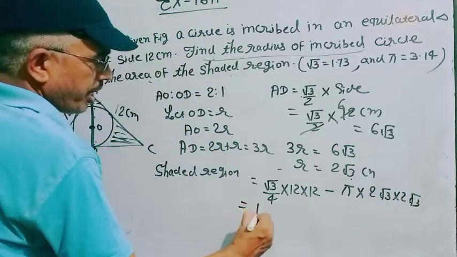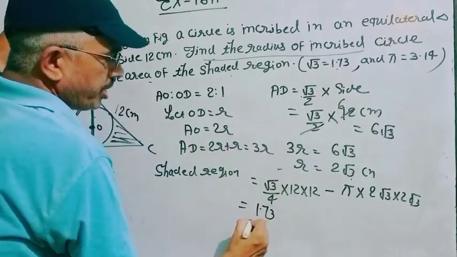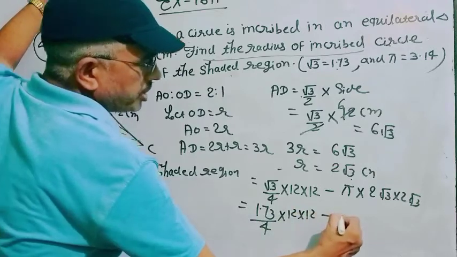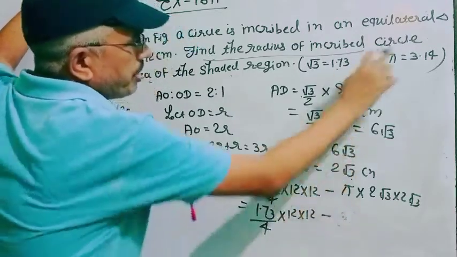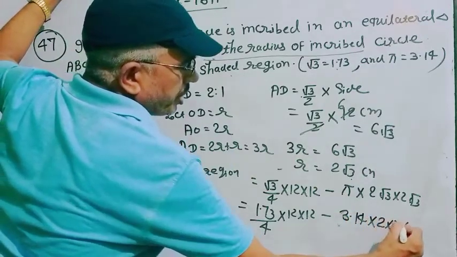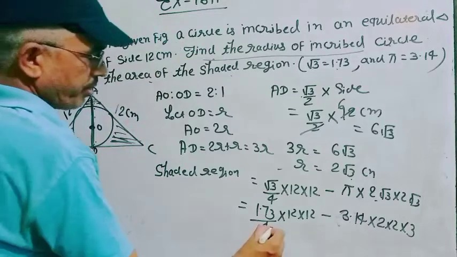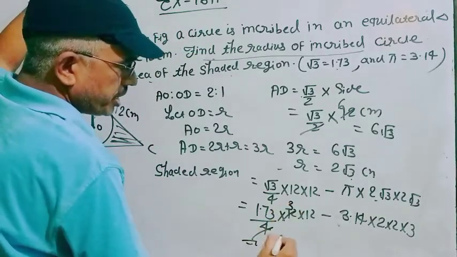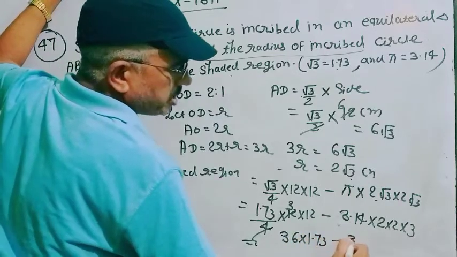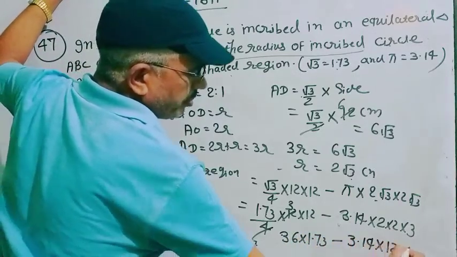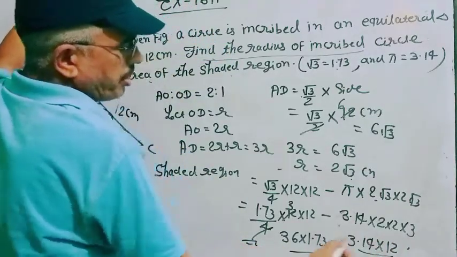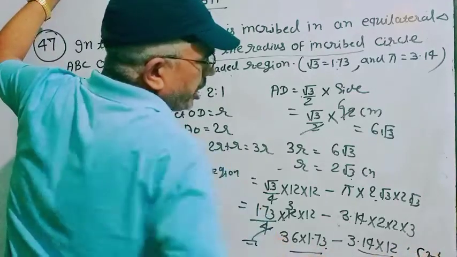Here the value of root 3 is given as 1.73 and pi as 3.14. So it is 36 into 1.73 minus 3.14 into 12. So dear student, you multiply this and this and subtract it, and that is the area of the shaded